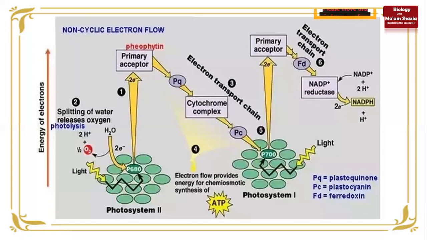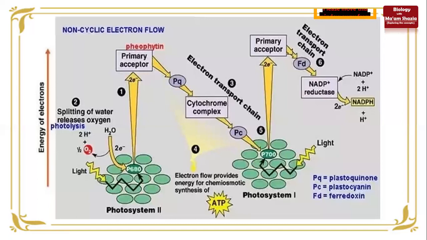So the photon, through resonance, transfers its energy from one antenna complex to the next, and then to the reaction center. This reaction center has a very specific type of chlorophyll A, which absorbs P700 nanometer, just P700 nanometer. It absorbs this radiation, and this radiation excites the electrons of the chlorophyll, and these excited electrons are taken up by the primary electron acceptor, which is a protein embedded in the reaction center that receives these